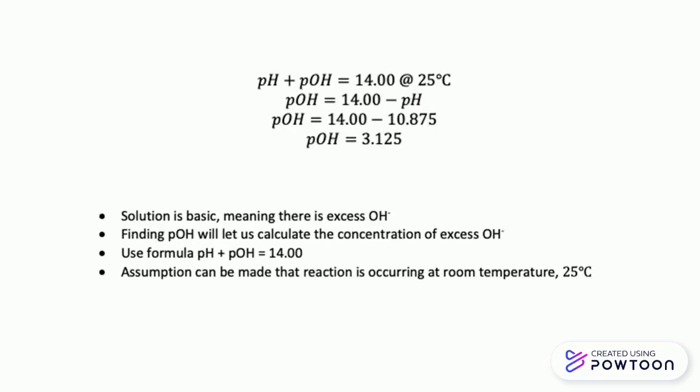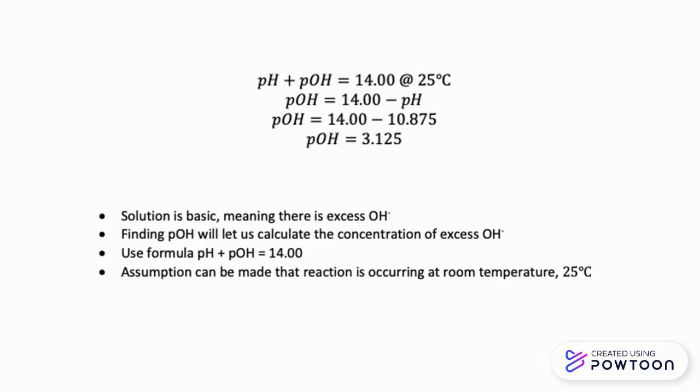Now, let's simplify this pH value here. We are working with a basic solution, meaning that we have excess hydroxide, so we want to find our pOH so we can calculate the concentration of excess hydroxide. pH and pOH add up to 14 at room temperature, which we can assume is the temperature present. So our pOH is just 14 minus our pH value of 10.875, giving us